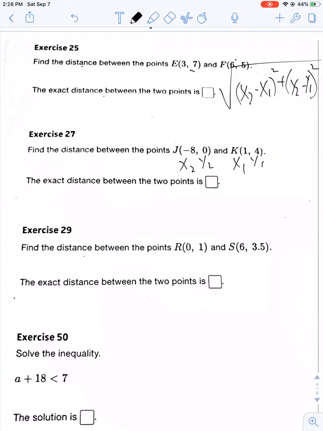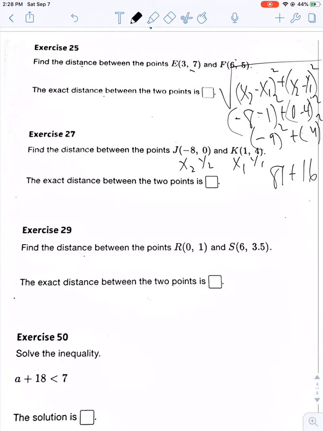So, I don't know. Let's go x2, y2, x1, y1. And maybe for the last one, we'll change it up. Alright, so I've got negative 8 minus 1 squared plus 0 minus 4 squared. That's a negative 9 squared plus negative 4 squared. That's 81 plus 16. Don't forget this is all under square root. 81 plus 16 is